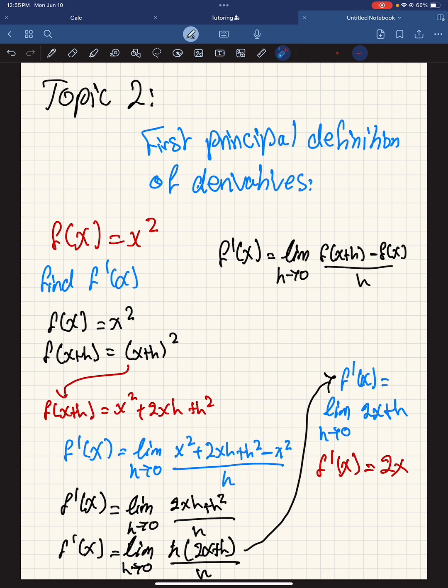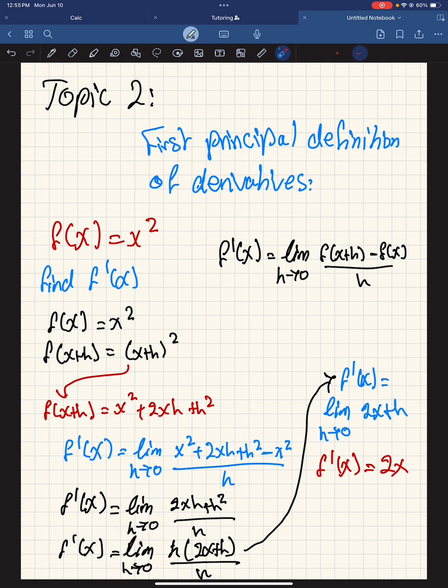So f of x plus h is going to be x squared plus 2xh plus h squared. And now you can go ahead and plug it into the formula, and it's going to go as follows. F prime x is going to be the limit as h approaches 0 of x squared plus 2xh plus h squared minus x squared. If you look at these two are like terms, so they actually cancel out, and it brings us to this part, which is going to be 2xh plus h squared divided by h,